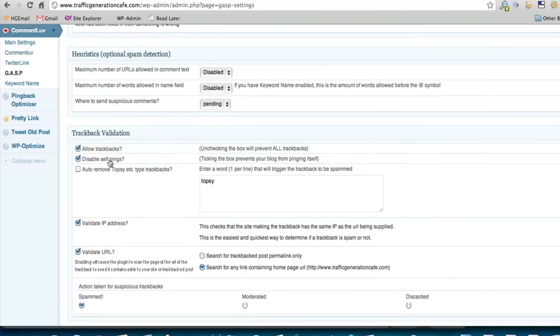Now disable self pings. This is very important because by default WordPress,